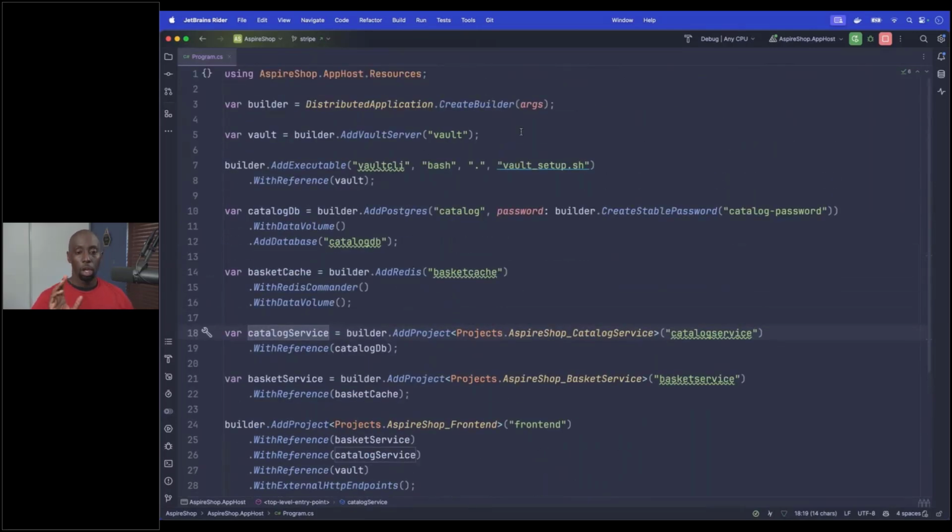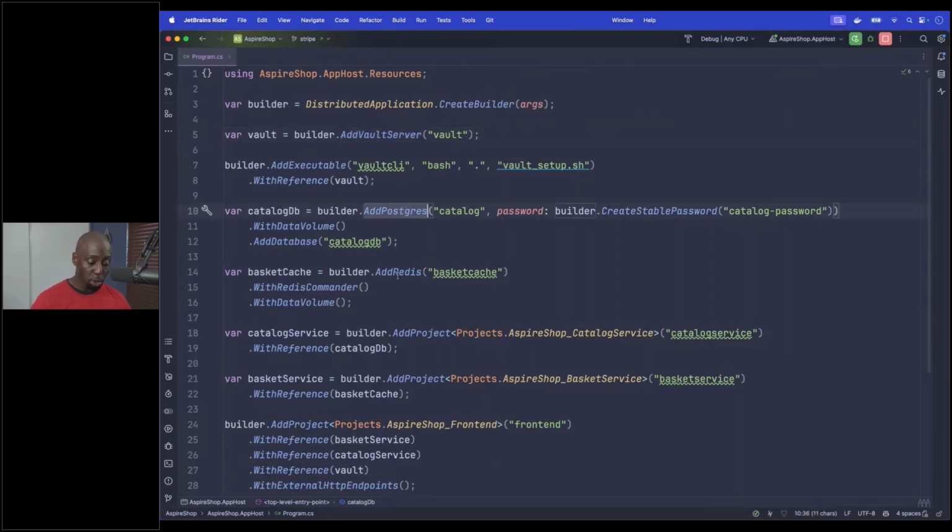Now, a couple of things are running in terms of dependencies. I created this extension, I created my own resource, essentially, to add Vault. I know folks are familiar with Vault, but Vault is a HashiCorp product. It essentially is something that you use to store keys in, right? So if you're familiar with Azure Key Vault, it's the same thing, but this one runs in a container. Or you could run it in production in your own configuration, but I'm just running it locally.